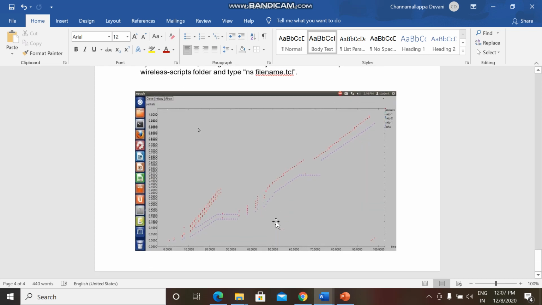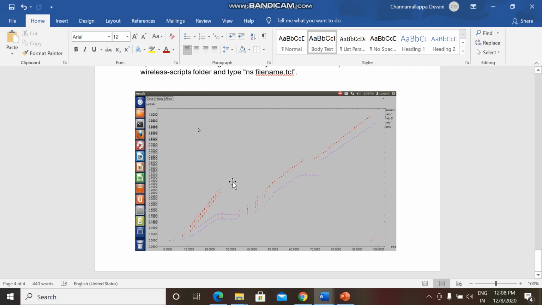So this is how the output of the xgraph looks. The x-axis represents the time and the y-axis represents the number of packets, where the red color that you are able to see is the number of packets. The number of packets sent in 2G technology, as you know, was slow, the bandwidth required is also less, and the propagation delay is low. So this here indicates the number of packets lost. The packets were sent, but they were lost.